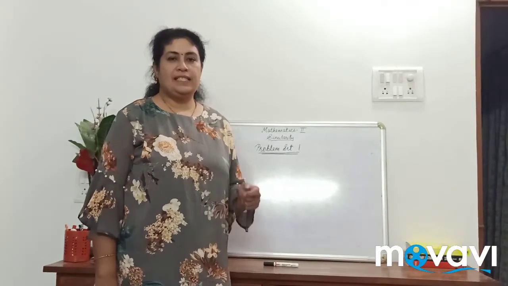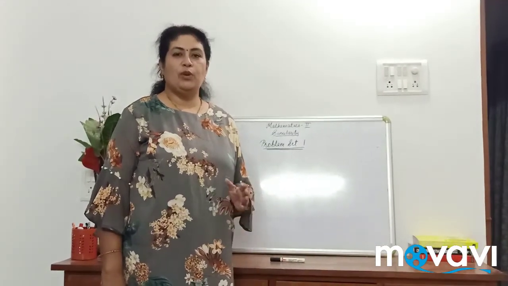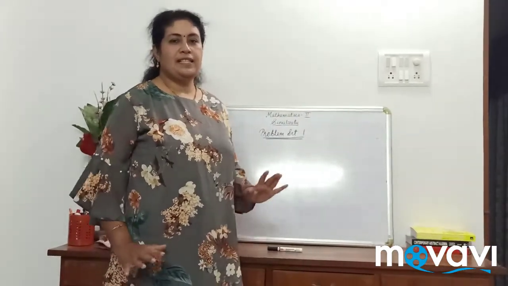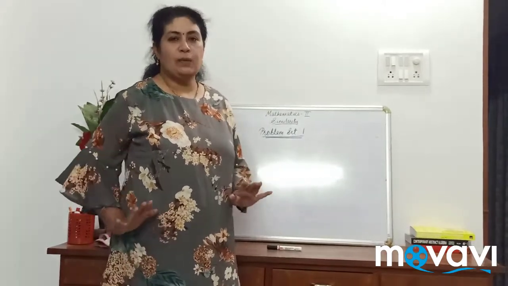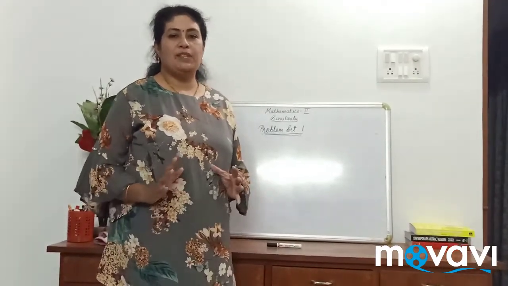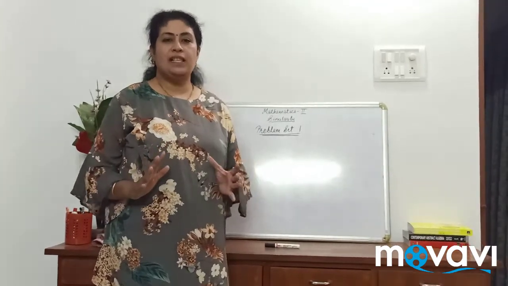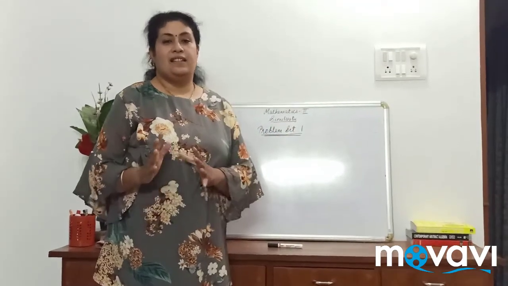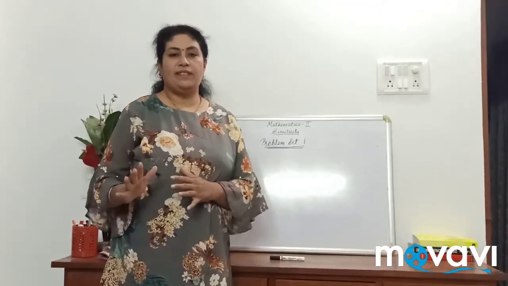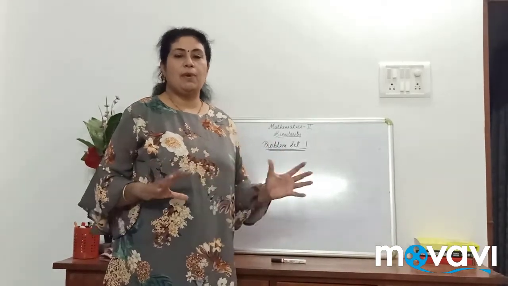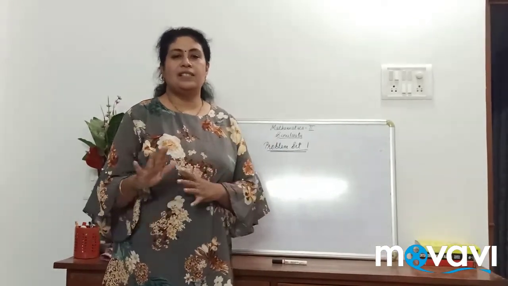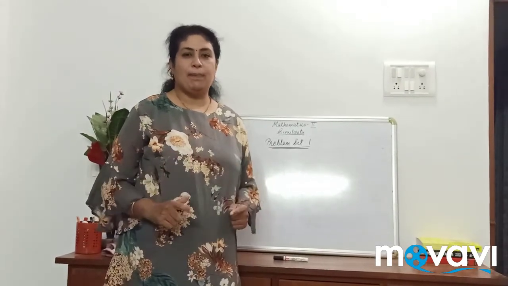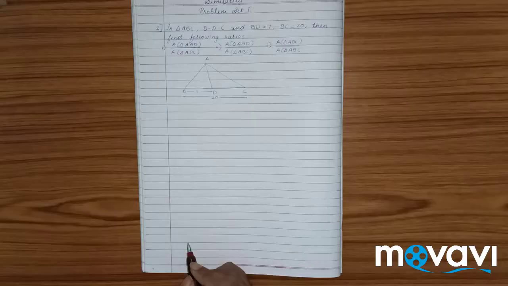Welcome to 6th module. In this module also I am going to continue with Mathematics 2 Similarity chapter, but this is the end, that is problem set 1. Now as it is problem set 1, it will consist of examples right from the starting of what we studied till the last exercise. Whatever we have studied, the examples in the problem set will be based on all these things. So solving of examples, I will solve it on paper. So let's go for solving.